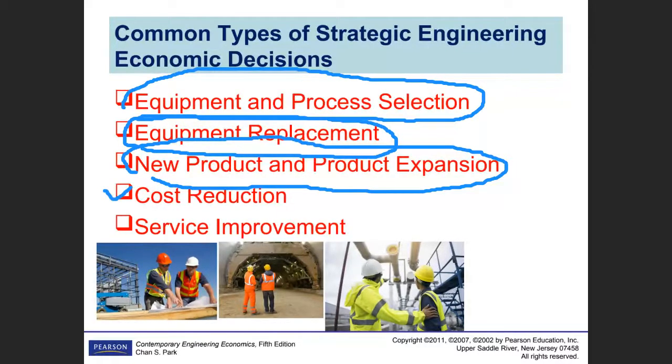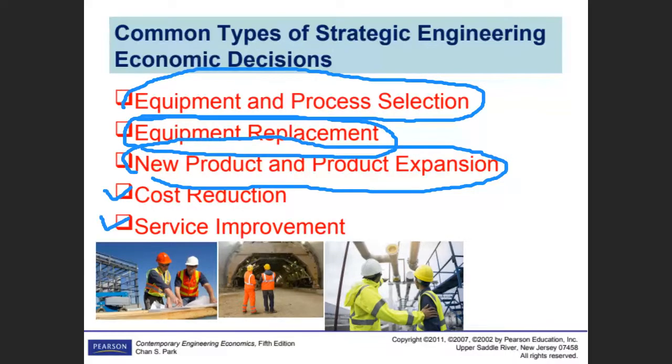Or another decision, improve the service. Sometimes they say, okay, we cannot do all those things as we said above. Maybe there is a requirement from a customer, right, that they need some customer service. If there is a breakdown in their pump shaft, or if it's not working properly, an engineer should be available on call to come and fix their problem. This is customer service, right? So you may improve the customer service or improve the quality of your product. These are also decisions to be made by engineers.